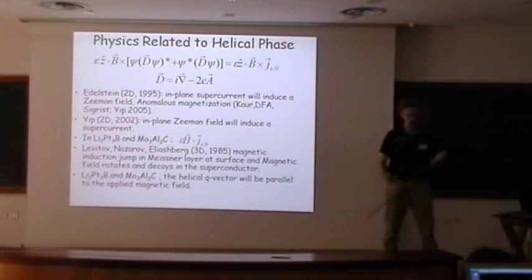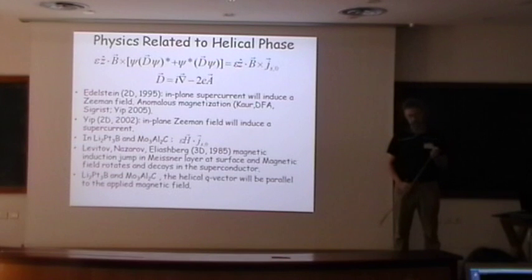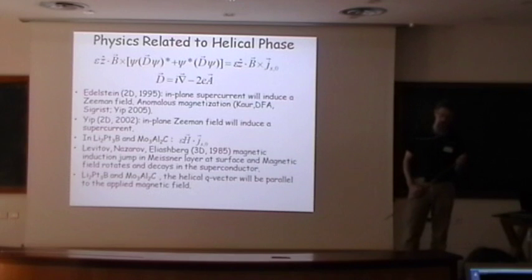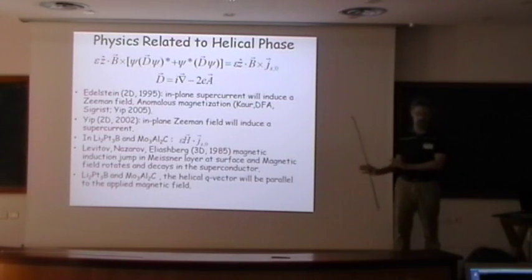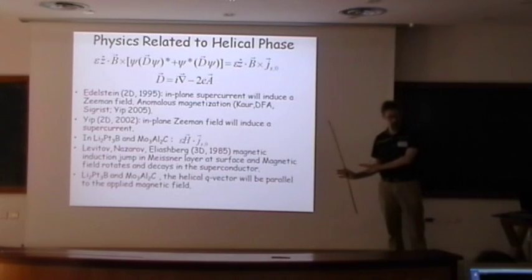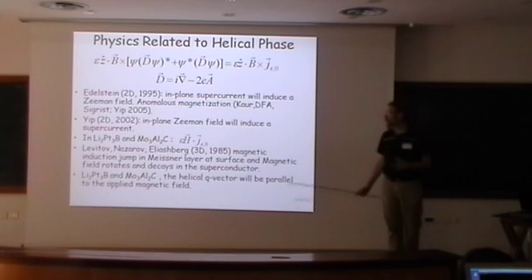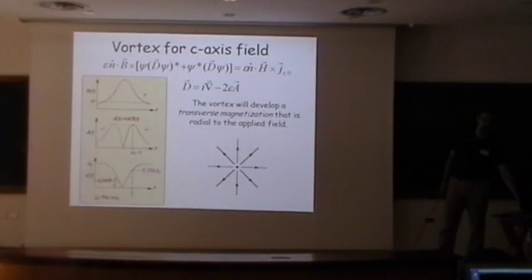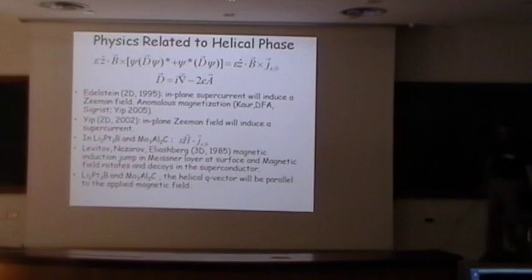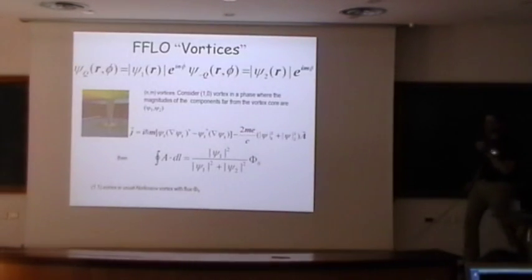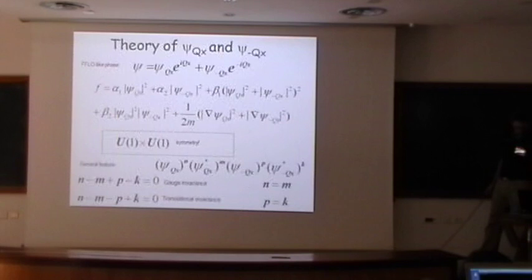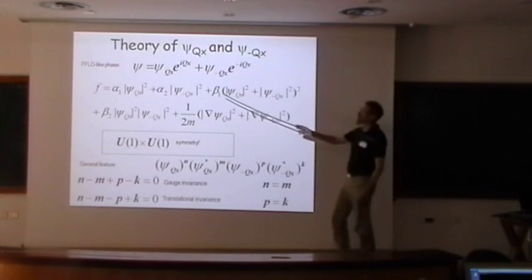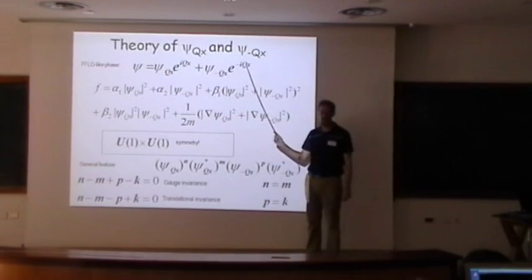To observe these fractional vortices, you need strong spin-orbit coupling? Well, no, you need the FFLO phase only, because it even happens at zero spin-orbit coupling when you have an FFLO superconductor. You need two components, psi 1 and psi 2. But these two components are just spatially modulated components, e to the iqx and e to the minus iqx.